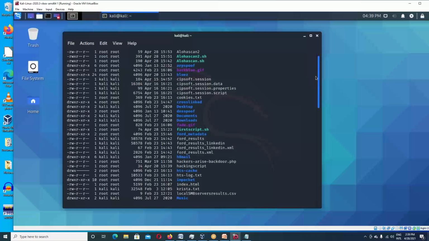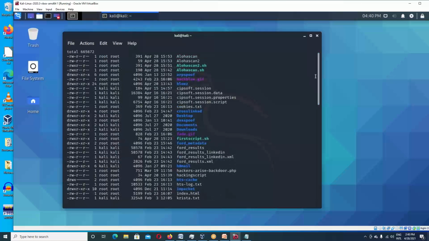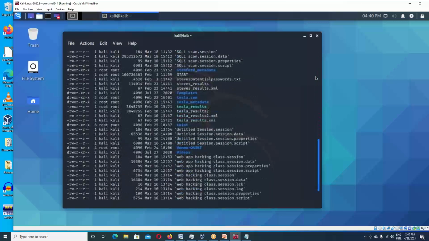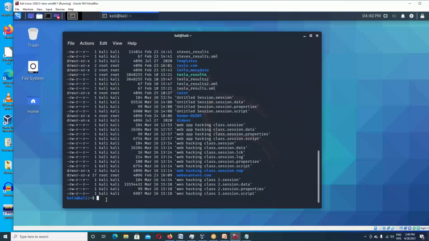Let's see. You see, there's a bunch. We have all these files right here. We can go ahead and tar the Aloha scan files together. All right, so let's go ahead and do that. Let's go tar. What tar does is it takes the individual files and puts them together into a